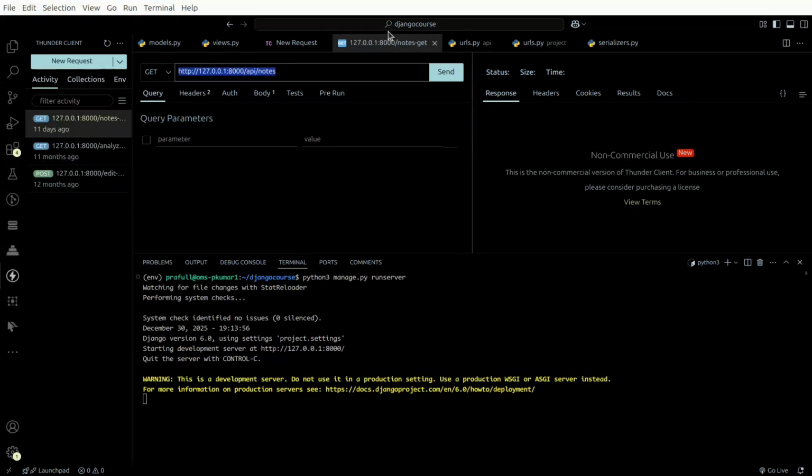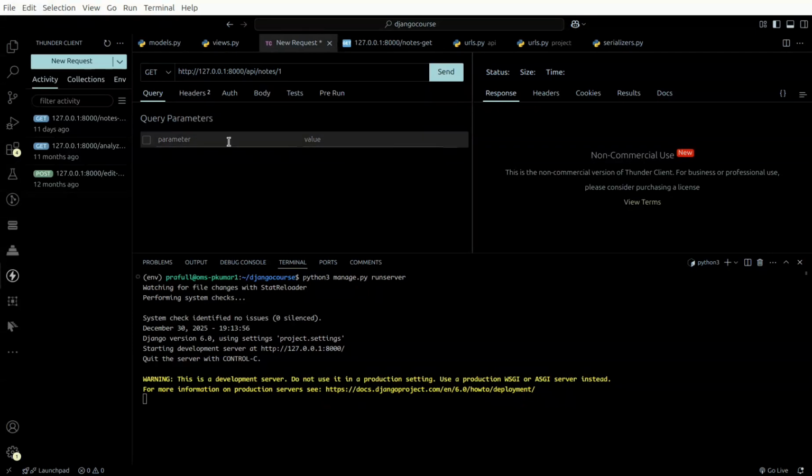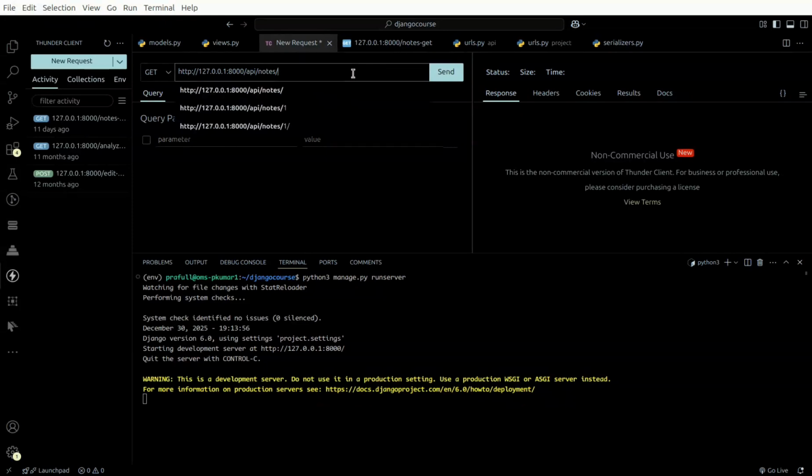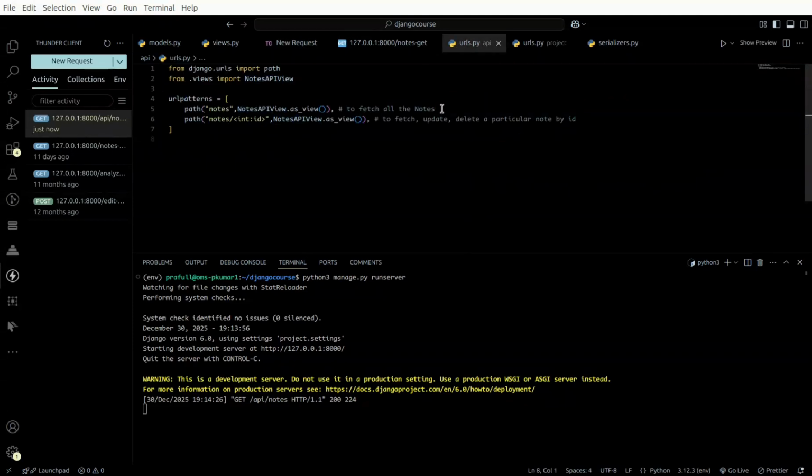But in this new request, I need to pass an ID also, because we are going to delete. So let's say we are going to try delete and update with the first note here. First, let's try to fetch notes and see if any note is present or not. So I'm hitting a GET request on this URL. If you can see here, the first URL, I'm hitting a GET request on it, and